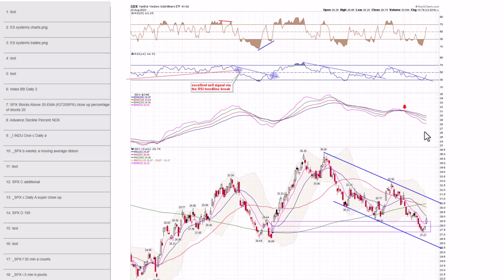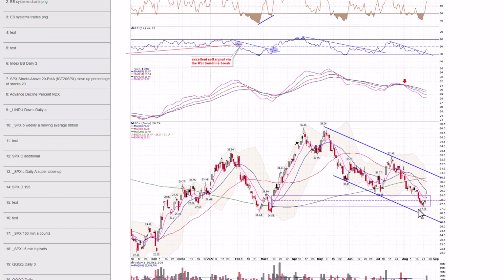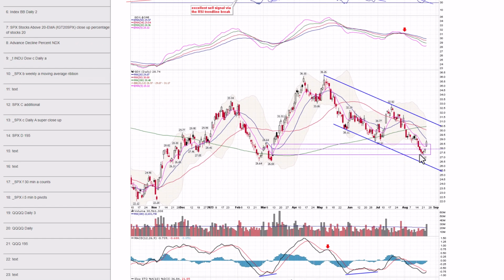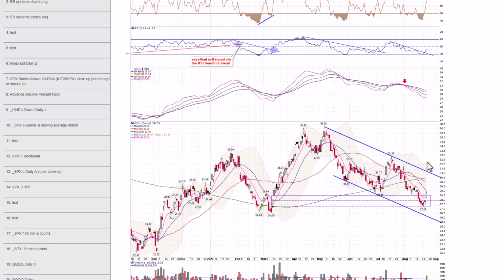Next, Jabber 67, GDX. Nice rally again. You can see GDX basically filled this gap, had these little doji candlesticks, so it really looked low risk this week for a bounce, and so far we're getting it. But again, it's got a lot of work to do, guys.